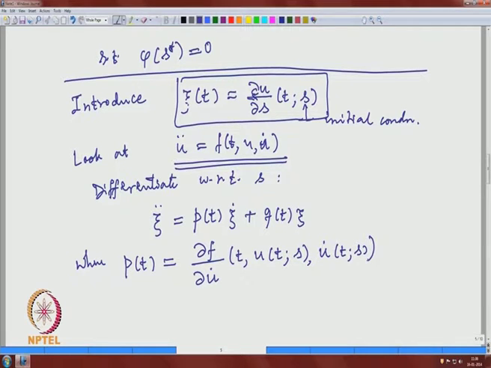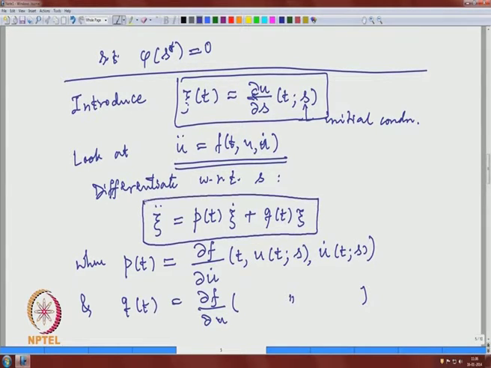Okay. And q t is just, t does not depend on s. So, you do not have to worry about that, and same thing. Okay. So, this is called the variation equation. So, this plays an important role now, the variation equation.